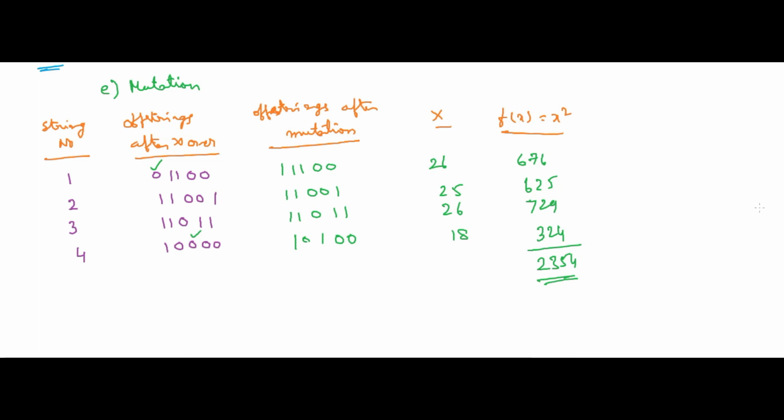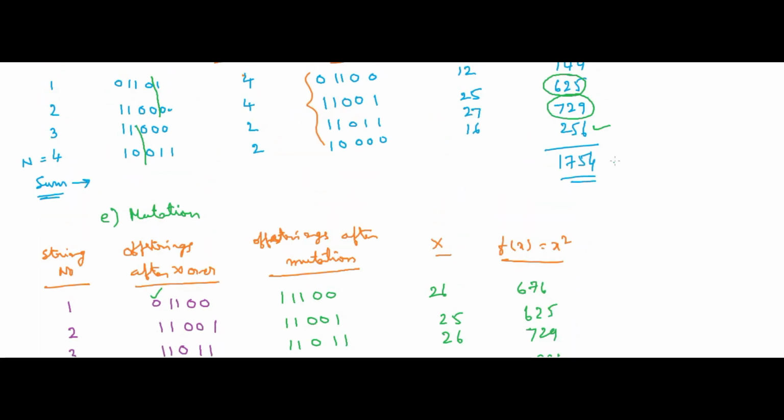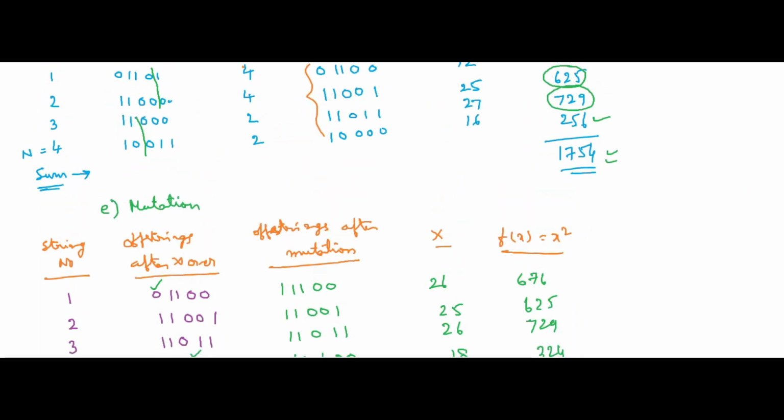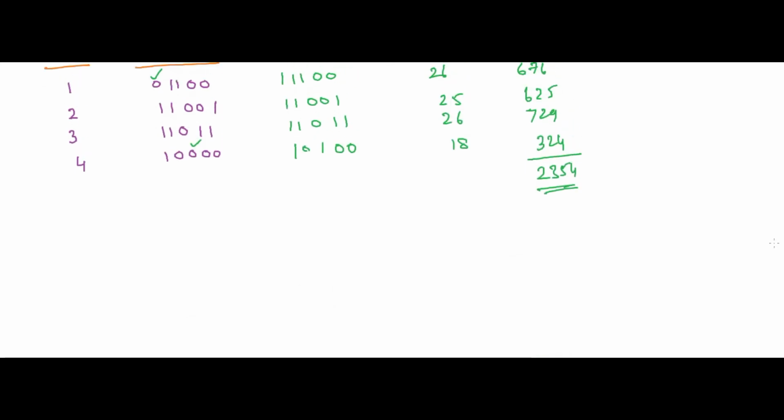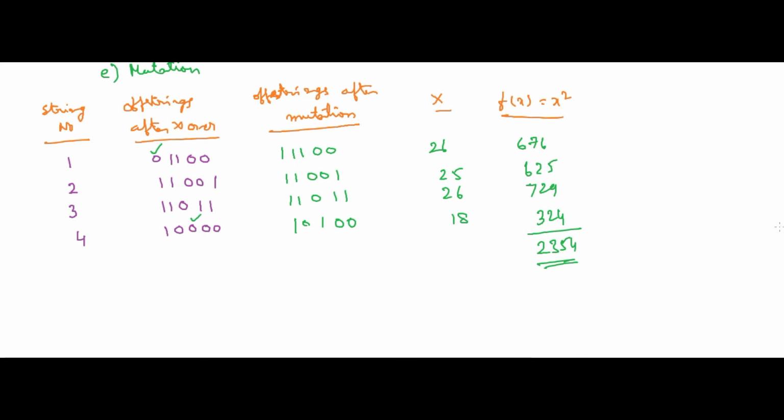Yeah, this is a very good result compared to previous one. So it shows that genetic algorithm improves the fitness value. Okay, so finally we can say that the better result has been obtained because this value is more when compared to the previous one. And we need to do all these things till the current value is less than the previous value. If your current value is less than the previous value, we can end up with the previous value only. Okay, this is simple example purpose. So that's why we are simply stopping here.